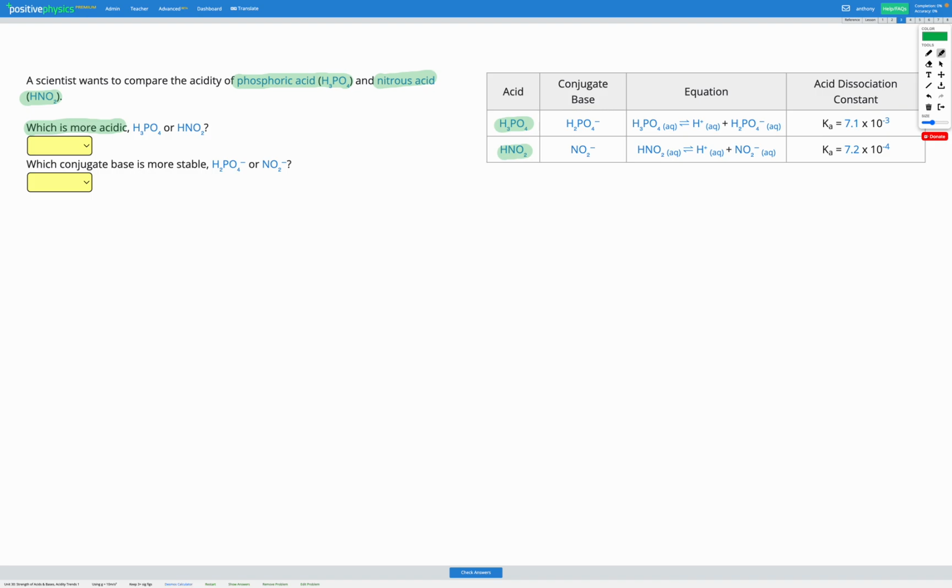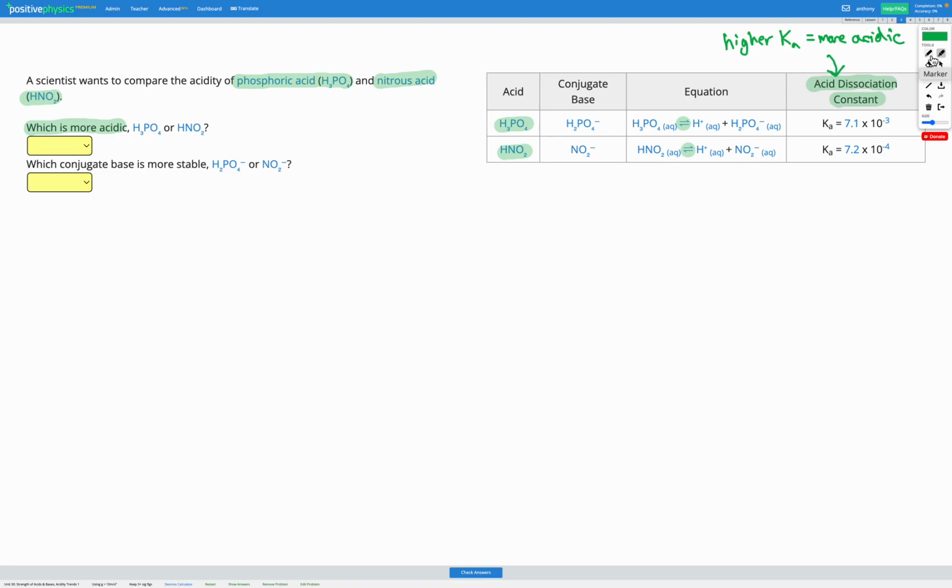Both of them are weak acids, and we can see that because we have these reversible reaction arrows in our equations. So to figure out which is more acidic, or which is the stronger acid, we're going to be looking at the acid dissociation constant. A higher Ka means more acidic, or a stronger acid. So looking at our options here,